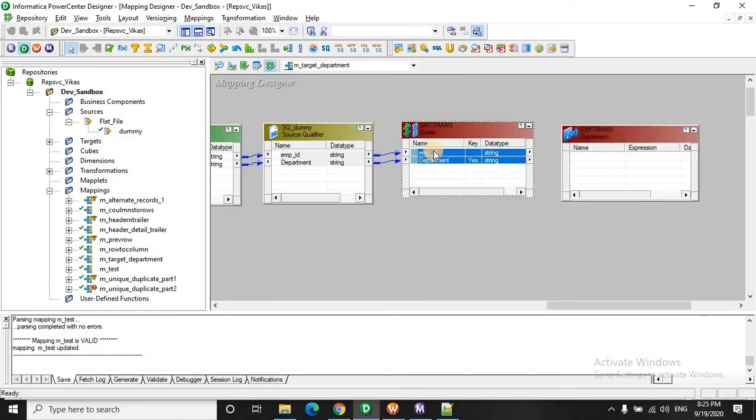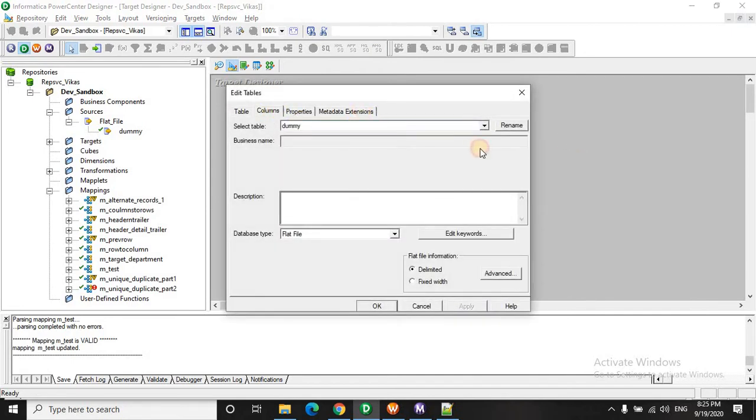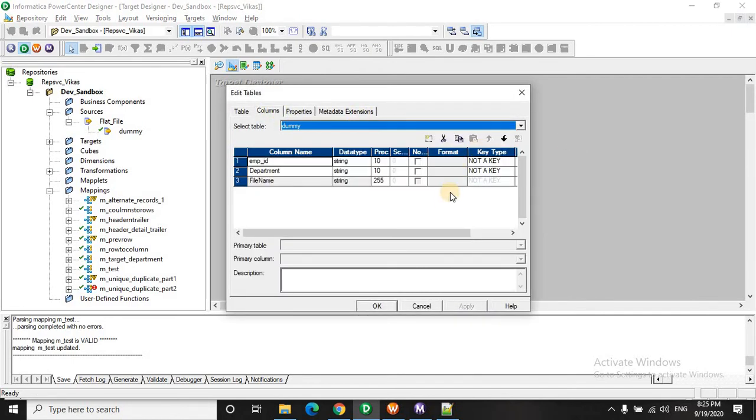Before we proceed, let's discuss a very important point, because the file names will be generated dynamically at run time. This time we are going to pass the file name, that is the name of the generated target file, in the mapping itself.